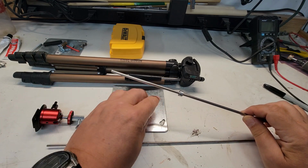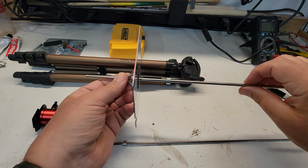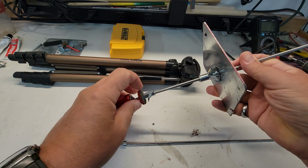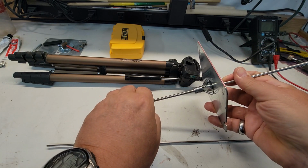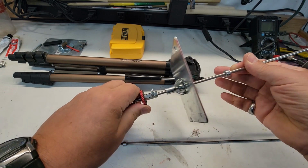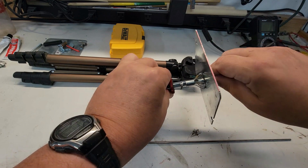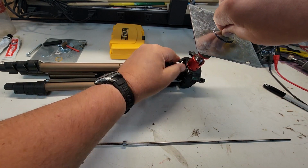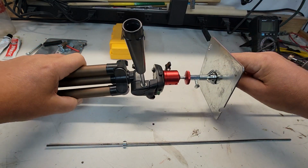So the first thing I'm going to do is you want to thread your blast deflector plate, which I already drilled out to make sure it was good. Okay. Then put it in here. Tighten up the thumb screw. You might want to use some pliers, unless you're going to be taking it on and off. And then there you go. So then we would take this, and we would mount it on the plate. Mount the plate onto the, and there's our